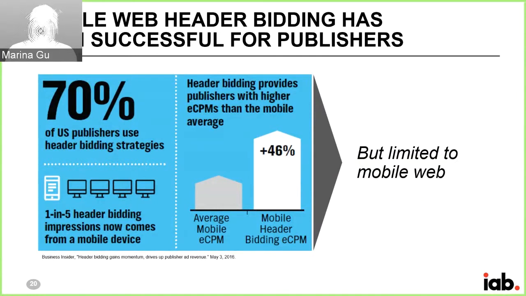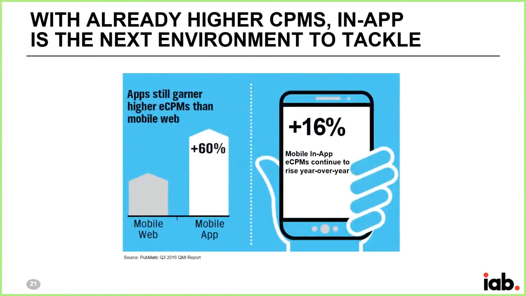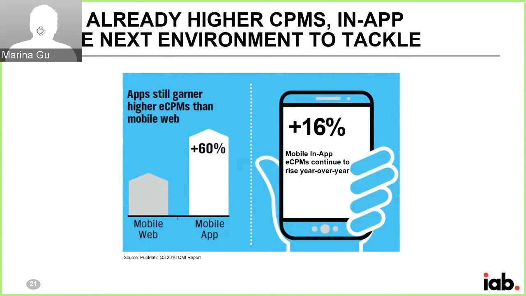So with those 70% of publishers using header bidding, that's again been mostly on desktop. And so you see what the yield benefit has been like in mobile web. So in mobile web, we actually saw a nearly 50% increase in CPMs from that move. And that's a good indication of what we could expect to see in mobile app. And so,